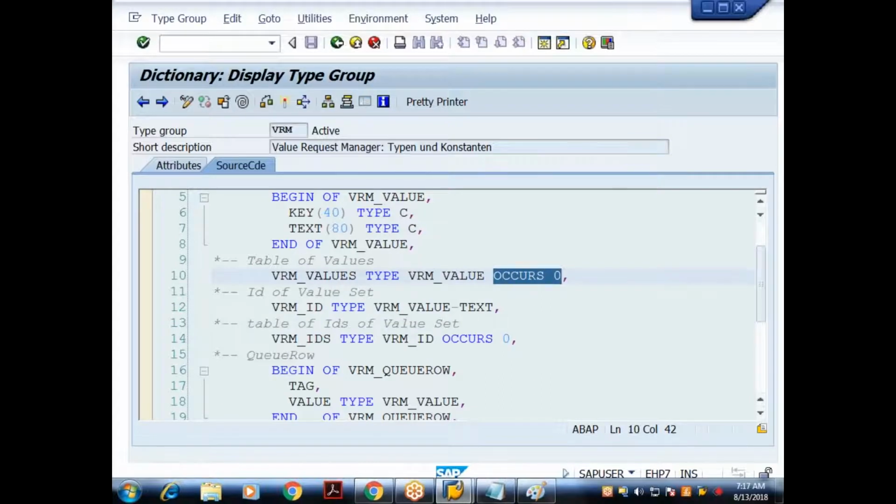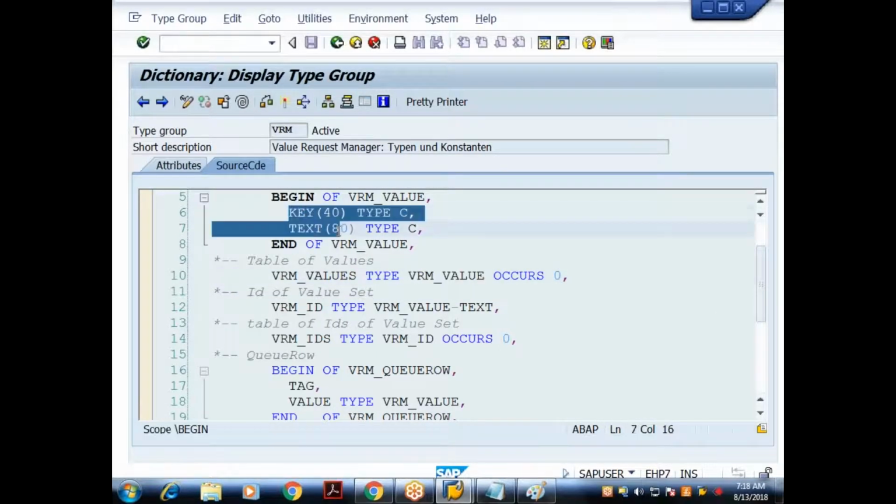Okay, going forward, this syntax is not supported. So whatever you have followed, you follow that only. But since this is an old function module, this is the old code which was already implemented by SAP years back. So they have used the old syntax for declaring the internal table. So the blind understanding is, wherever we see the OCCURS keyword from now onwards, you understand that as an internal table, and we have to prepare an internal table of type VRM_VALUE.